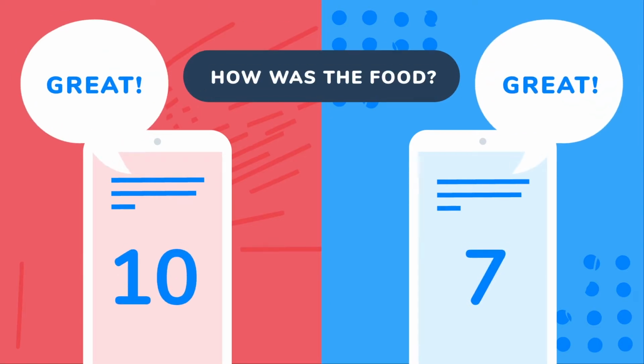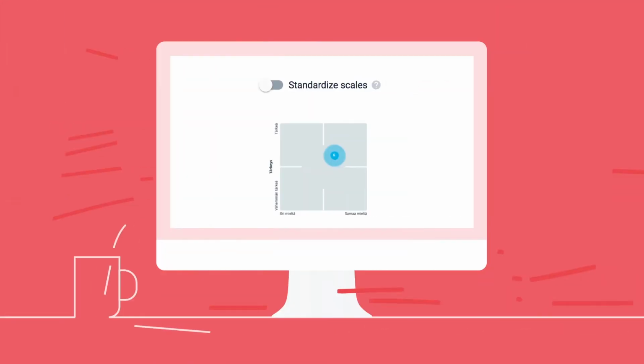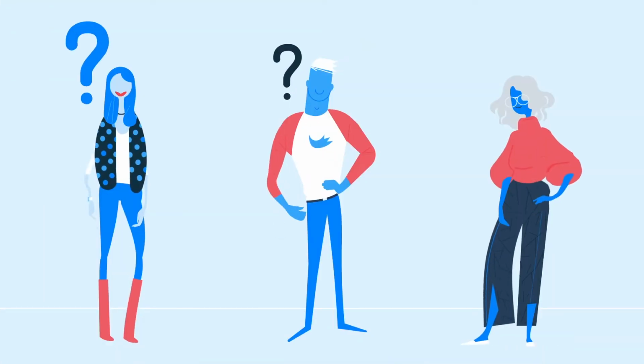People are not lying or trying to mess with your data, and these different answering styles don't make your data invalid. You just need to normalize the scores like a statistician would, and with Zeph, that's easy to do with the click of a button. Z-scoring removes response bias for you. So how does it work then?